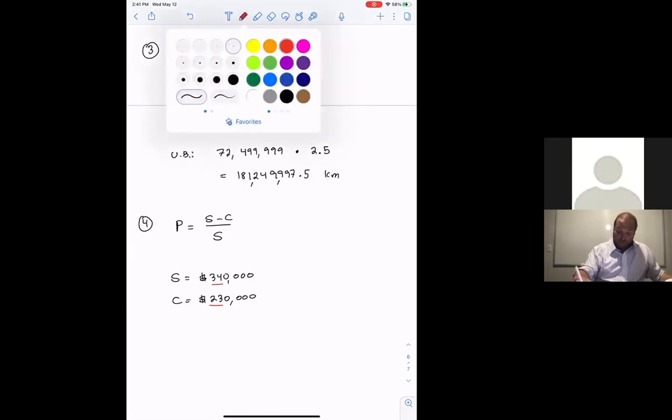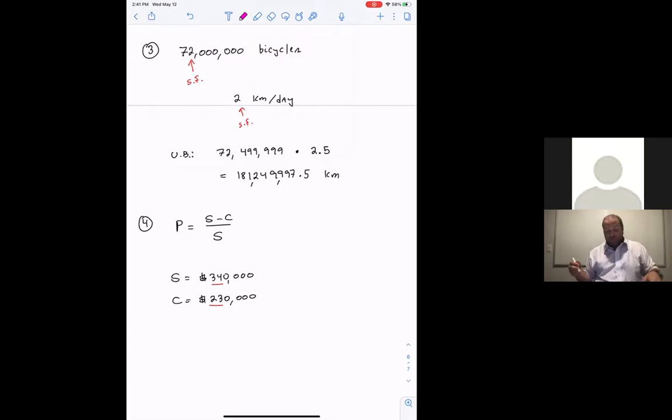So here it's actually a little tricky because this formula involves S and C, but you can't just take the smaller S's and the smaller C's for minimum and maximum, because S appears in multiple places and there's a subtraction sign. So to maximize something, you want to subtract as little as possible, and then you're dividing. So it's actually a little bit easier to see if we first algebraically change this into the mathematically equivalent form 1 minus C over S. And in the form 1 minus C over S, we see